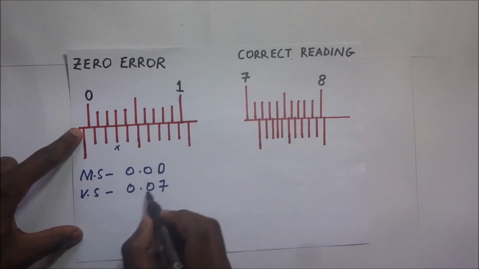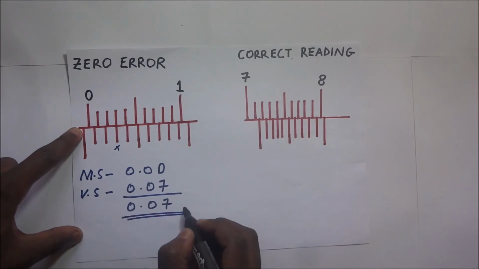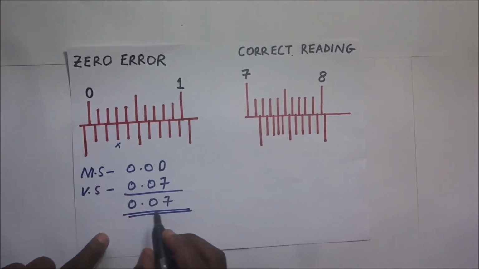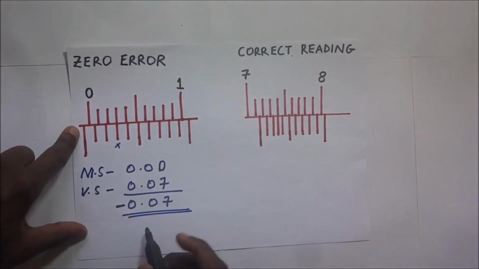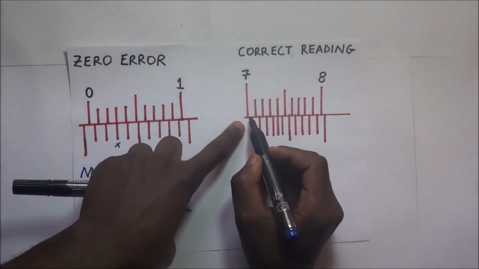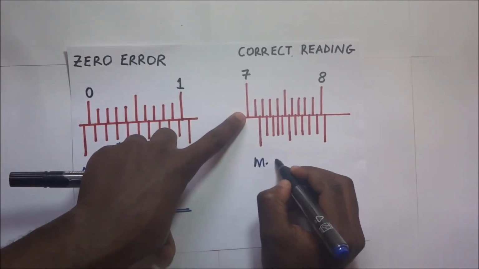This is going to 0.00. So when we add the two, it is 0.07. That is the zero error, but this is a negative zero error because it is in the negative direction. Then we go ahead and make our reading. This is going to be 7.1. So the main scale reading is